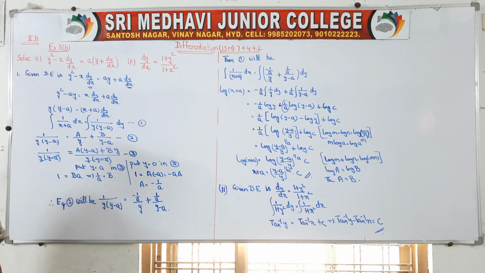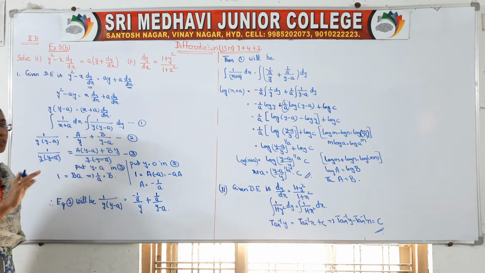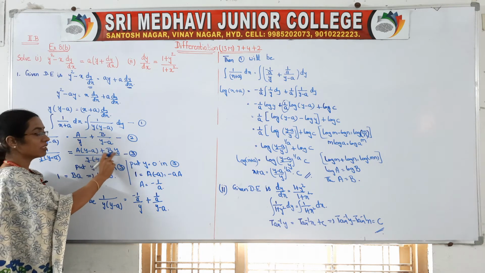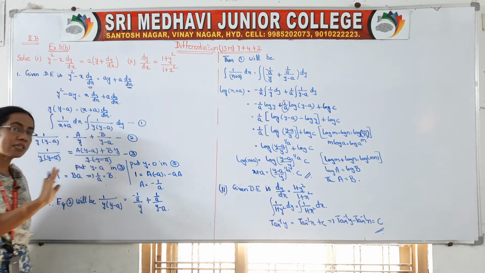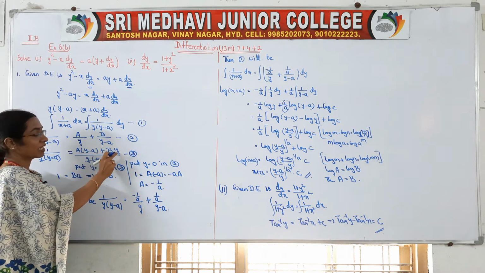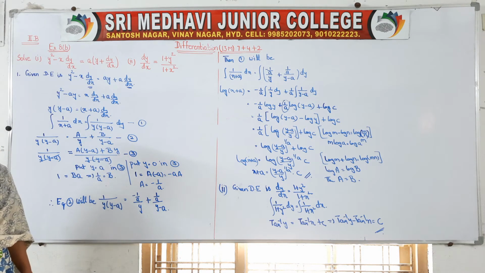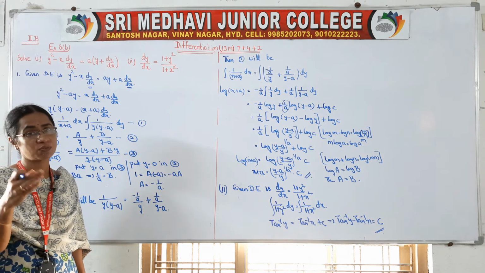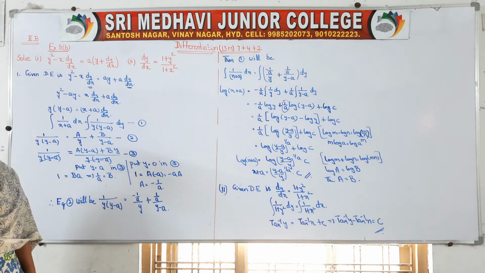Again, we have to substitute the y value in that same equation in such a manner that b should cancel, and we have to get a. So b should cancel means along with b, y is there. So if you take y is equal to 0, 0 into b is 0, and your b will get cancelled. That's why you have to take y is equal to 0. Like that we have to select the y terms. Actually, partial fractions is one important topic in your 2A, right? A 4 marks topic. There you will know how to take the a and b values.